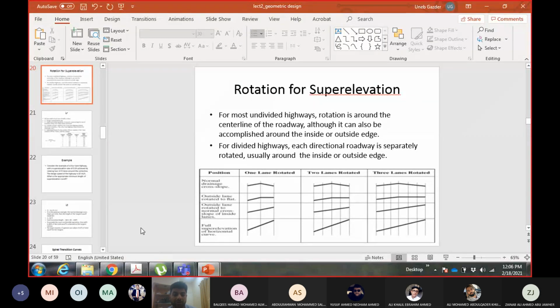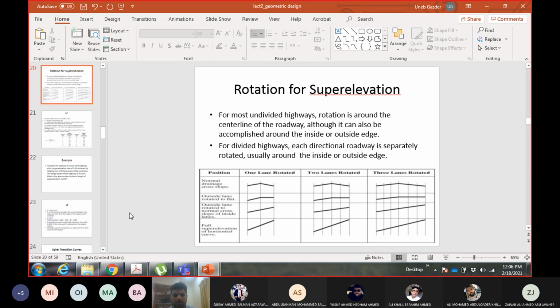Okay. Now you need to tell me, super elevation runoff means what? What is happening with the cross slope of the road during super elevation runoff? What is happening with the cross sectional slope of the road? Yes, tell me. Go ahead. And I put this picture here, this slide on so that it can refresh your memory about the stages of the super elevation rotation. So when I say super elevation runoff, what am I doing with the cross slope of the road? Yeah, anyone?